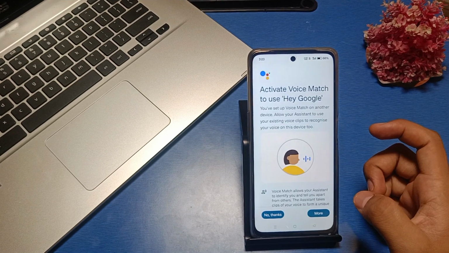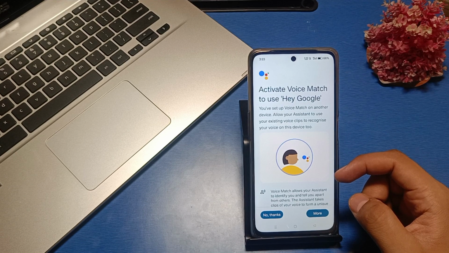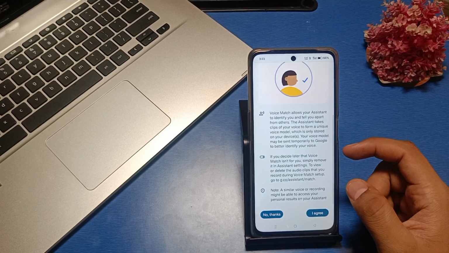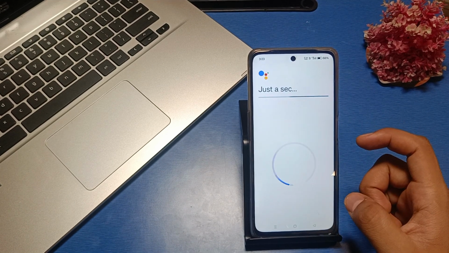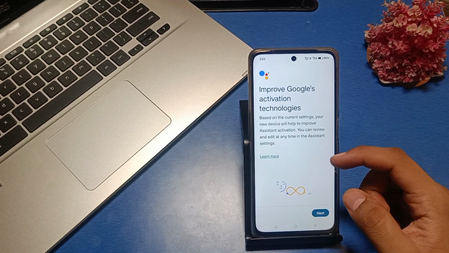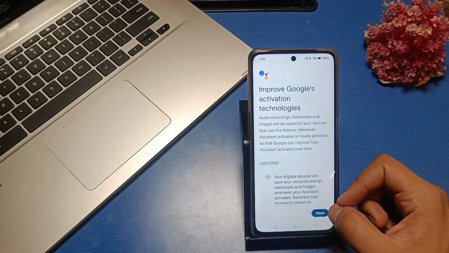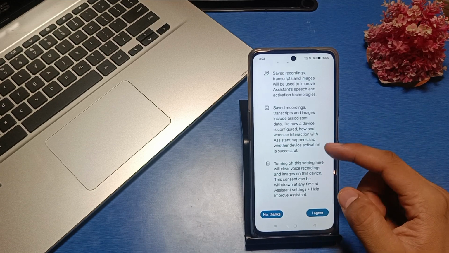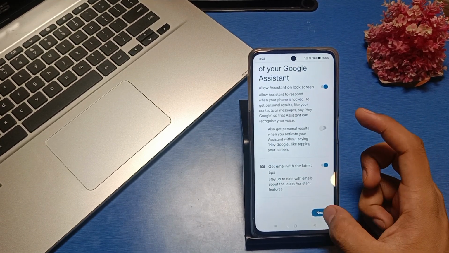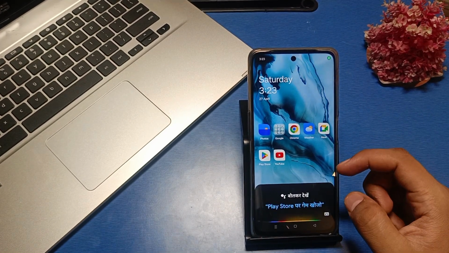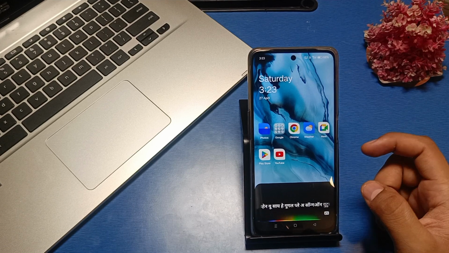First just agree to this, and it will ask you to activate your voice. You have to just match your voice according to whatever Google has to say. Just press I agree, and then this page will open. Improve Google's activation technologies. Just click on this option, and when you say Hey Google, play a song on YouTube,